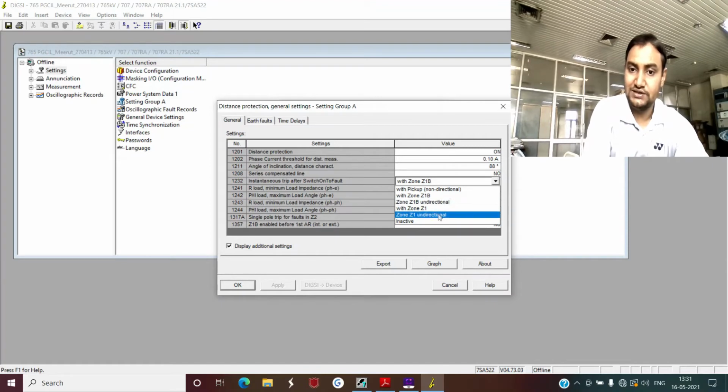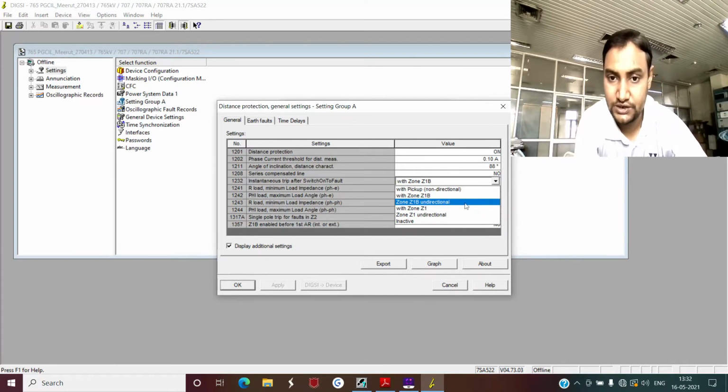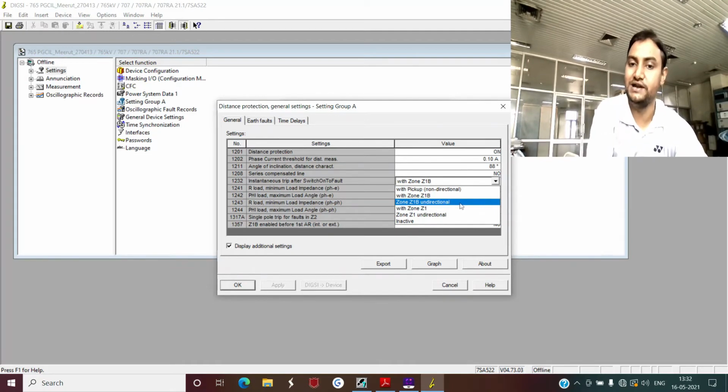Then there are two other things, that is zone 1B undirectional and zone 1 undirectional. It is not unidirectional but undirectional. Undirectional means it will operate for any faults anywhere on the power system network if it falls in the zone 2 boundary.